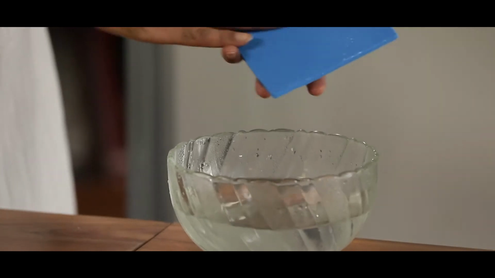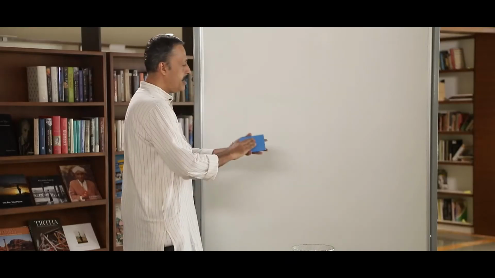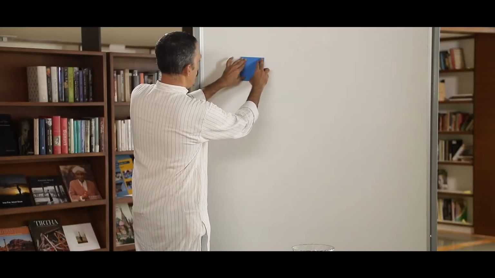Let us look at the method of teaching the concept of fractions to children using TLMs at the concrete stage. We will now be taking this full object to teach fractions. I will dip it in water and stick it here. What shape is this? This is a square, correct?